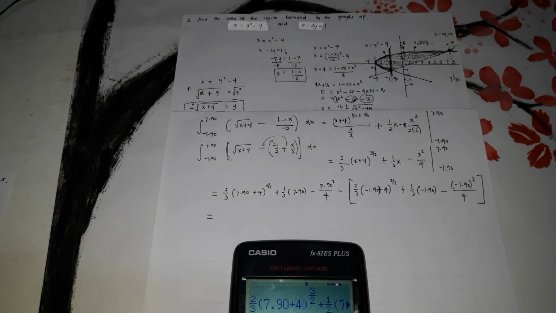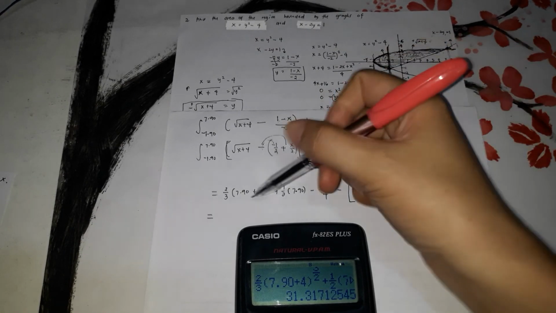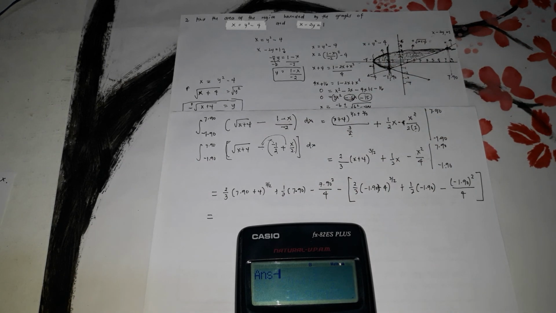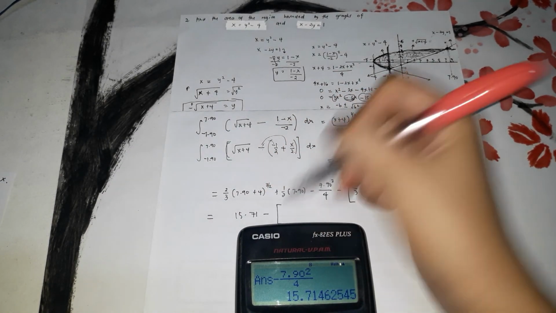So yung first two lang muna. So the answer is 31.31 for the first two, minus 7.90 squared over 4. It's 15.71, minus, let's have this